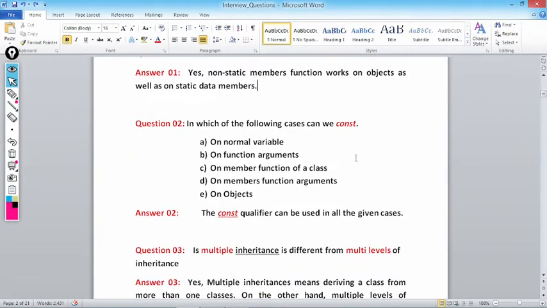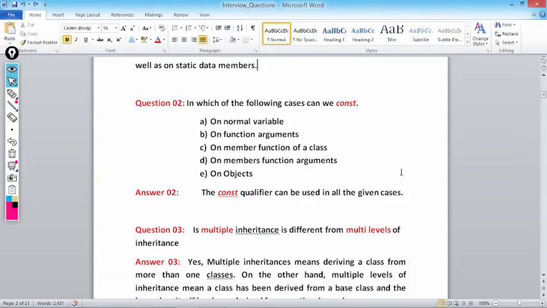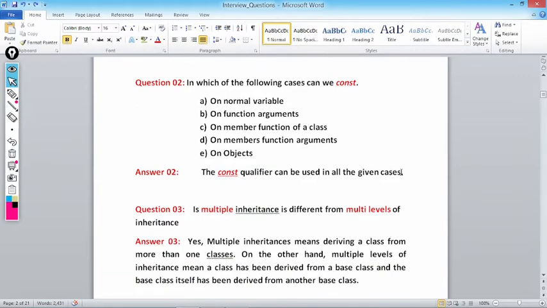Next question. In which of the following cases can we have the const keyword? Means, the const keyword can be used in which of the cases? With normal variables, function arguments, a member function of a class, a member function's arguments, or an object.